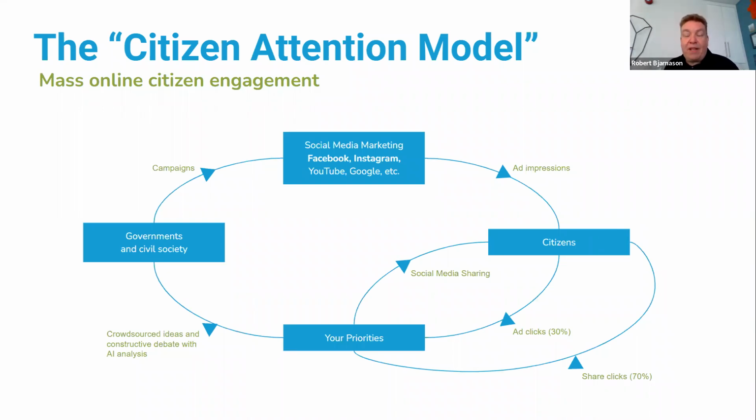So this is really important, because if you manage to get this kind of cycle going, where citizens are interested enough in the project that they participate and then share their ideas or debate points with other citizens on social media, then you really get a very powerful engine where citizens are sharing this amongst themselves. I guess you can call this going viral, like people used to talk about.